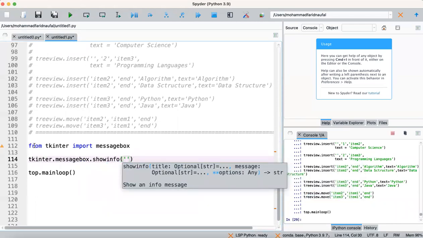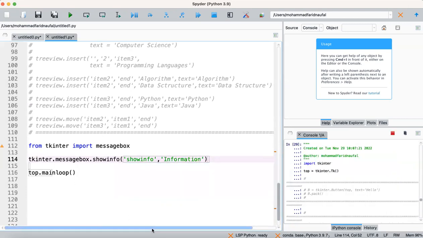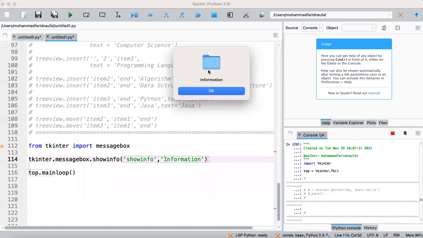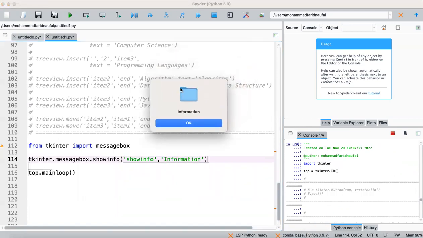The first parameter will be the title, so we give showinfo as a title. Then the next parameter will be the information inside our message box. Info. Okay, I think it works.